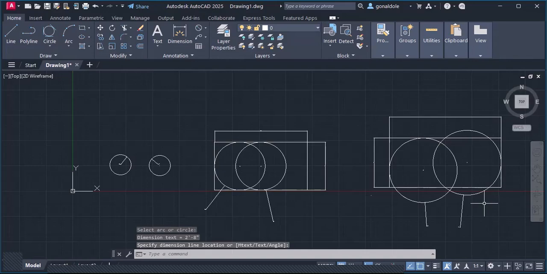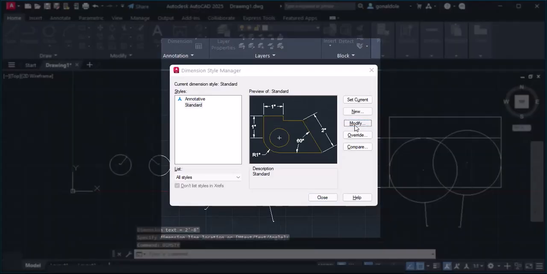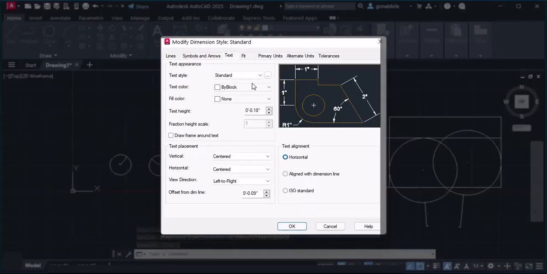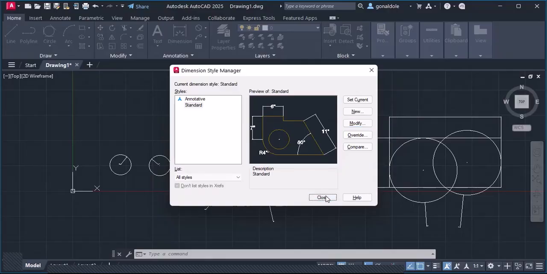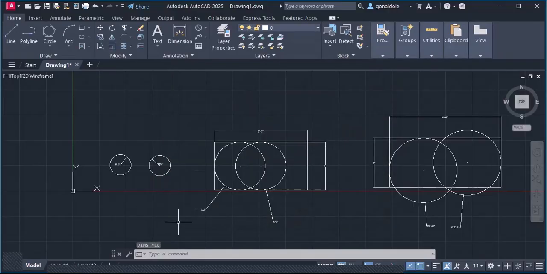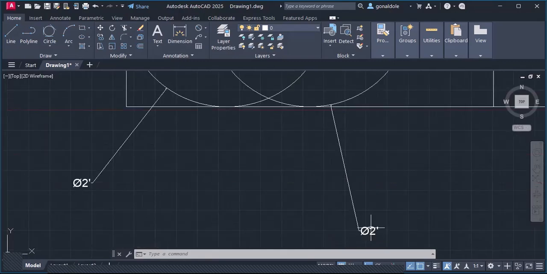So in order to make our dimensions bigger, just click on dim style back, type dim style on your keyboard, and hit enter. Then click on modify. Then let's go to text. Let's try increasing the text size to 1. Then click on OK. Then close. So you can see we have our dimensions a little bit bigger, and we have the diameters of